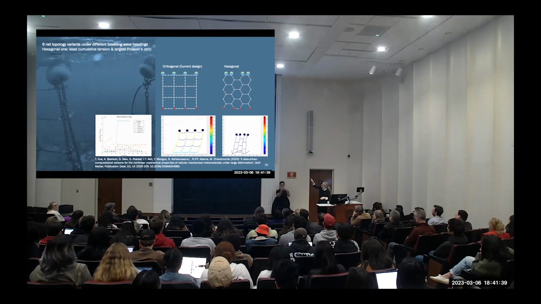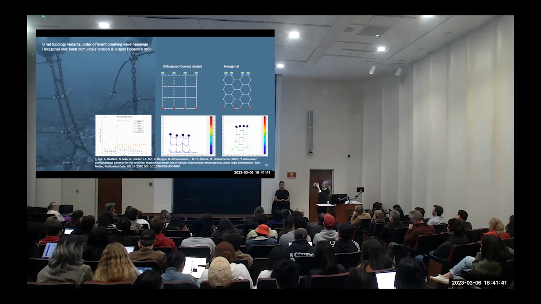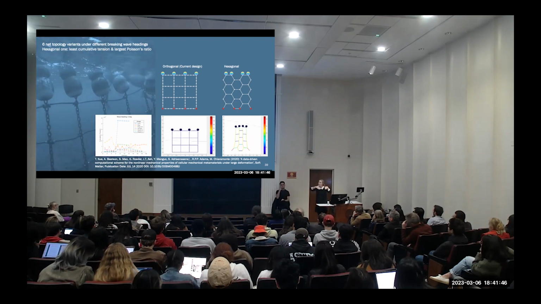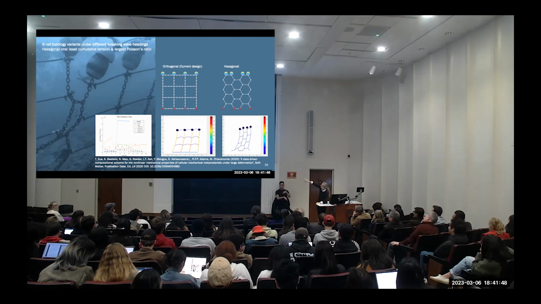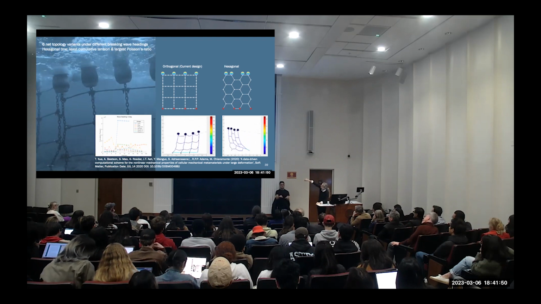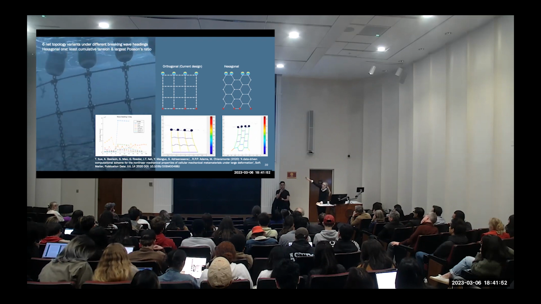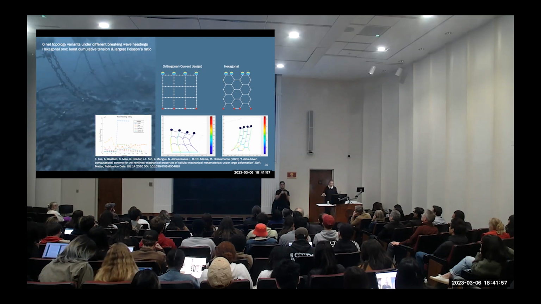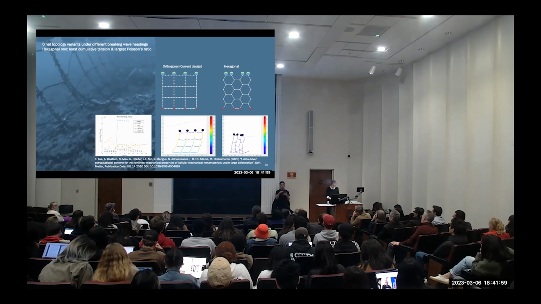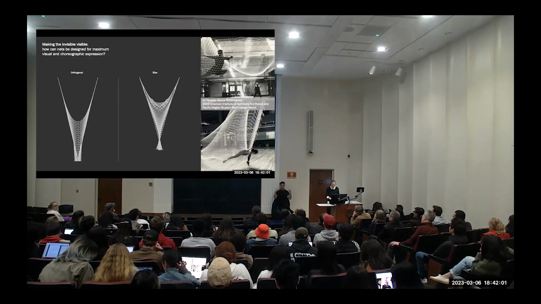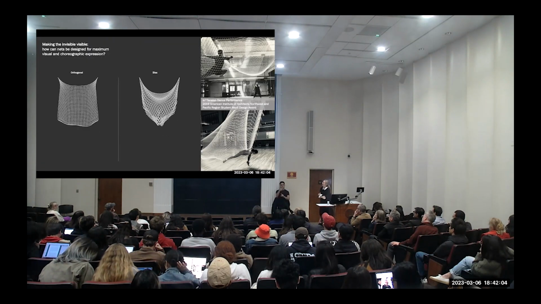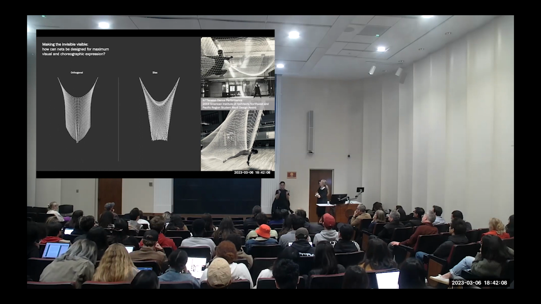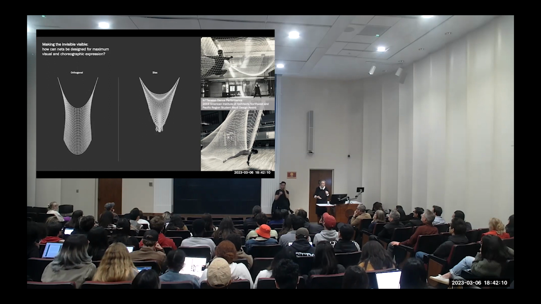So we studied many different kinds of net topologies, and you see from all the waves coming from different directions, they all behave kind of the same, except for one, there's really one outlier, the blue one, and that's the one that they built, right? So from all the possible combinations, they built the worst net, and of course it broke after 3 months.